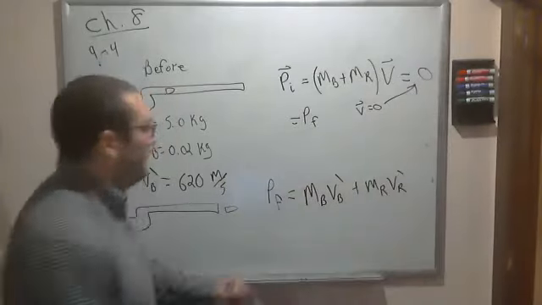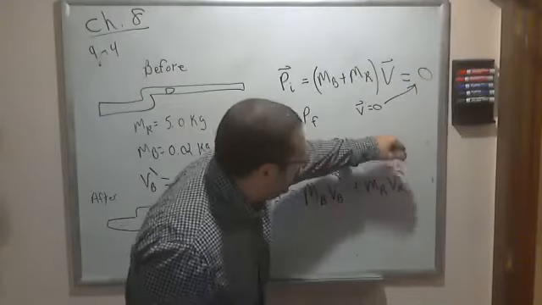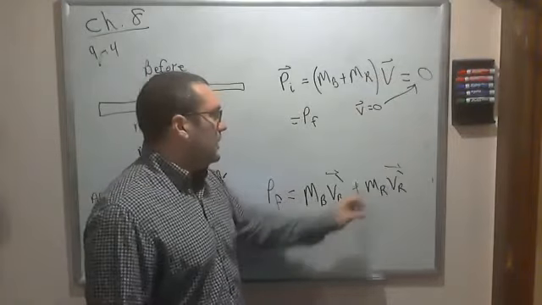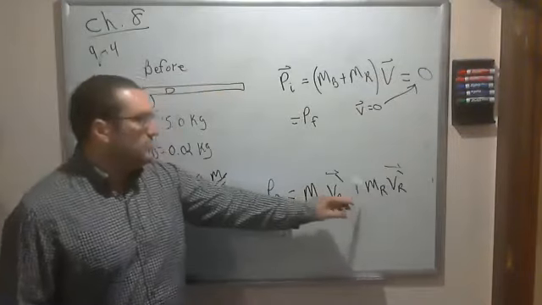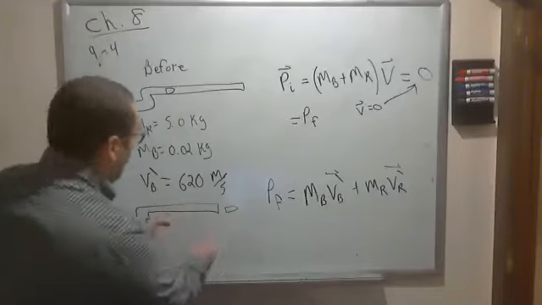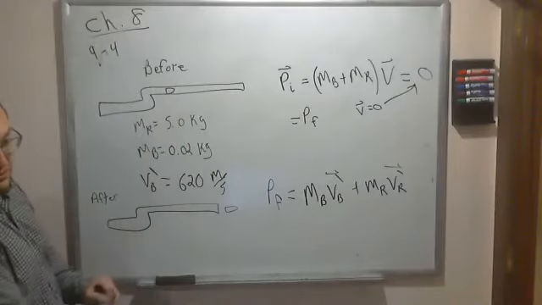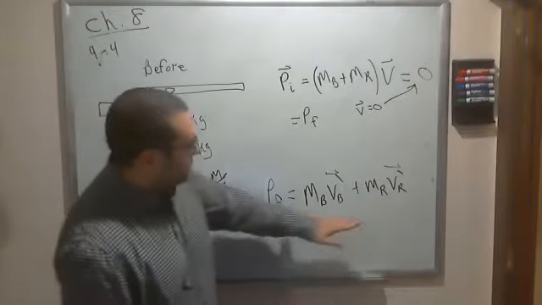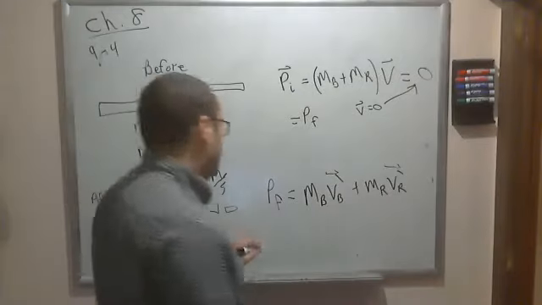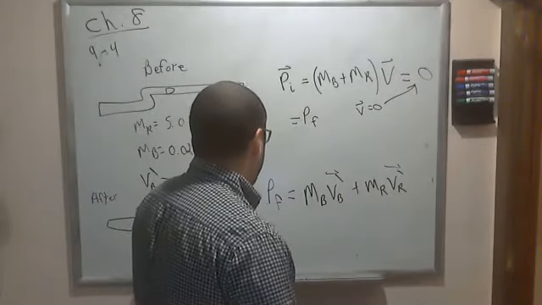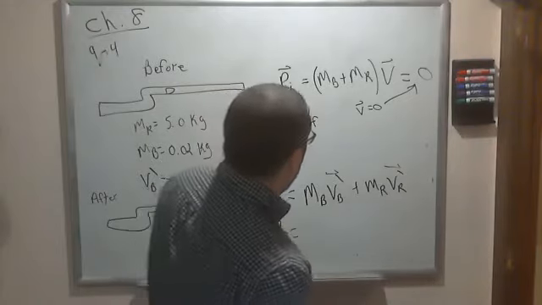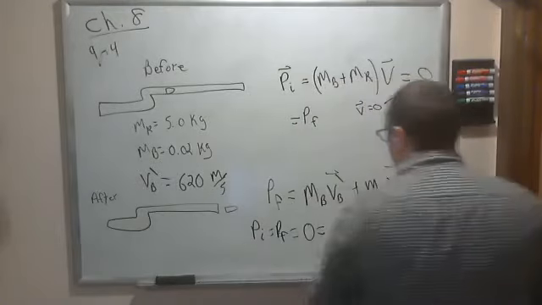And for this to be 0, with these two momenta each being non-zero but the total momentum being 0, means that these two objects move in opposite directions, right? According to satisfy this equaling 0. So we have P initial equals P final, and then we know that this is 0,